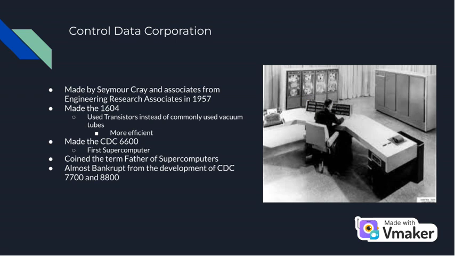It was here that Cray designed the 1604, a computer that had no vacuum tubes but instead used transistors. These were more expensive but took up less power and space, and was pretty innovative at the time because normally every computer used vacuum tubes. He focused on making computers that were simplistic, and while focusing on this, he made the first supercomputer in the world called the CDC 6600.